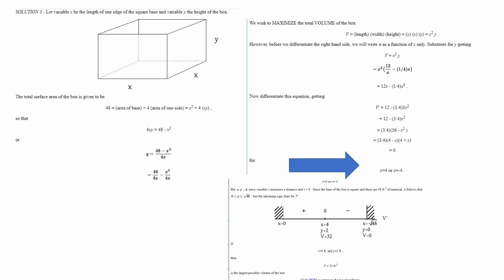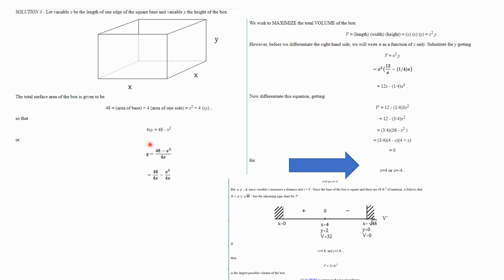Let's look at the solution. Okay, so the total surface area of the box was 48, and that's the area of the base. You don't have any lid though, so it's 4 times the area of one side. So this is going to be x squared, that's the square base, and this is 4xy. So now you see 48